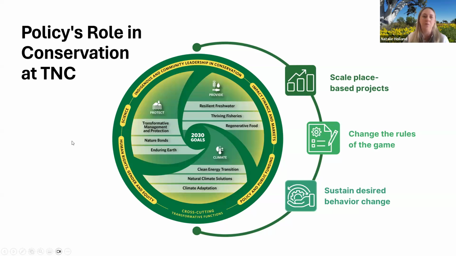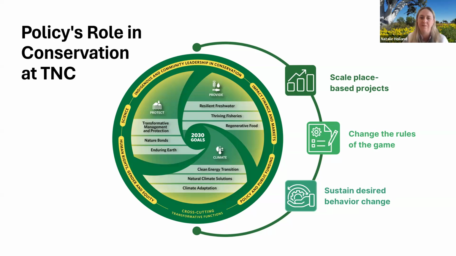So on the screen at the moment is TNC's priorities and how it organises internally around those priorities. Those priorities are protect, provide and climate. And then there's a number of global focuses within that. The way policy is viewed within TNC is that it's a cross-cutting transformative function, so it goes across all of those different focus areas and is needed to achieve our goals for 2030